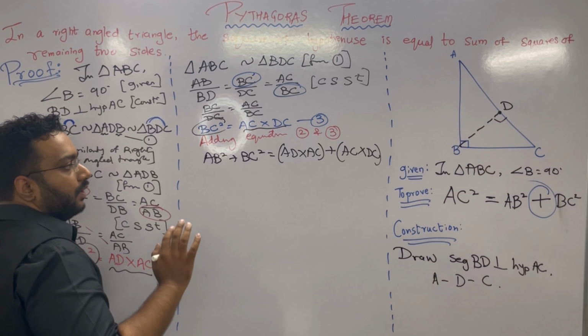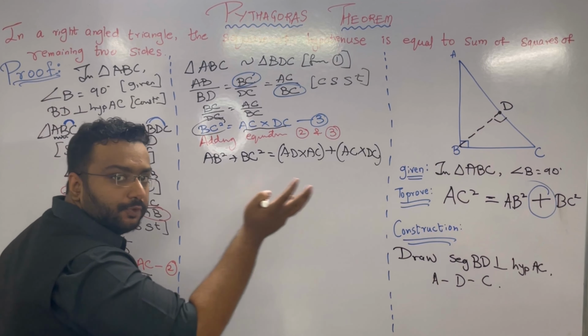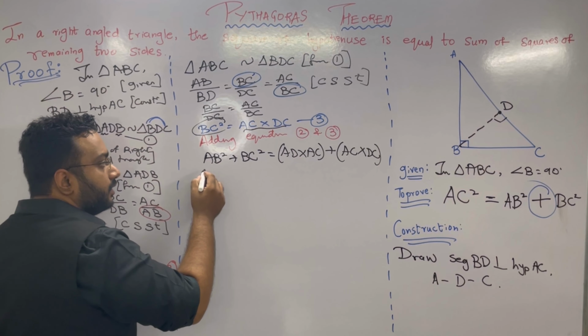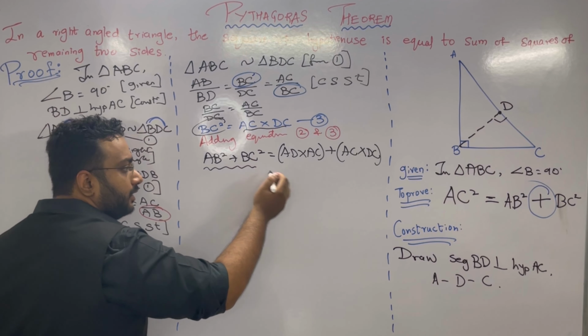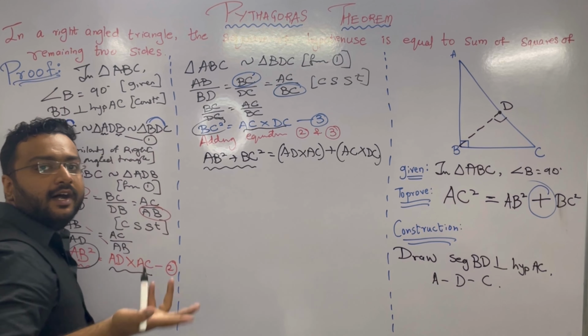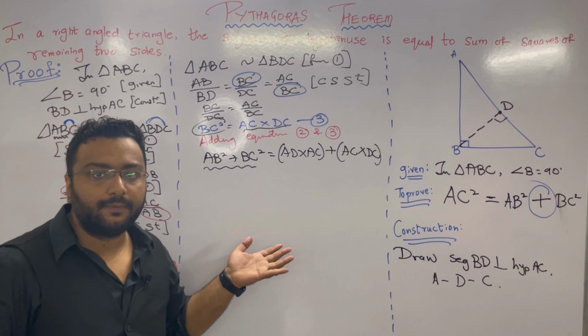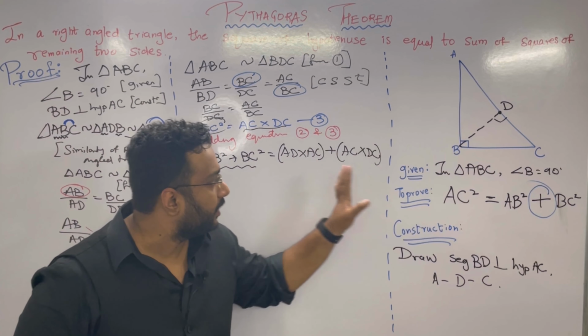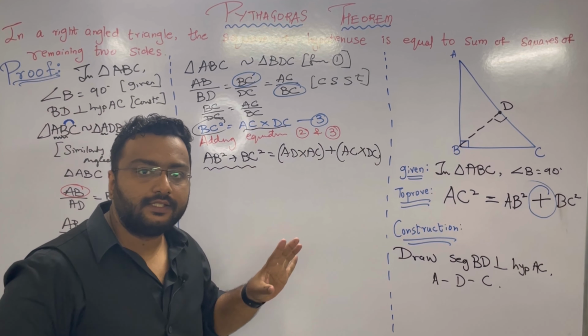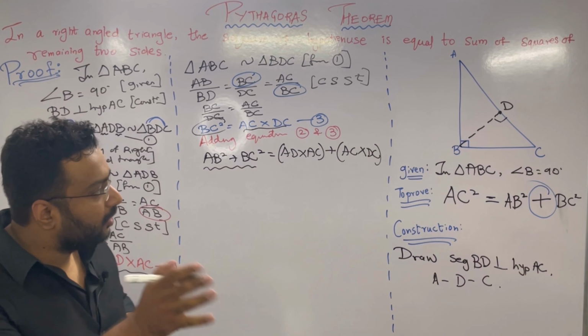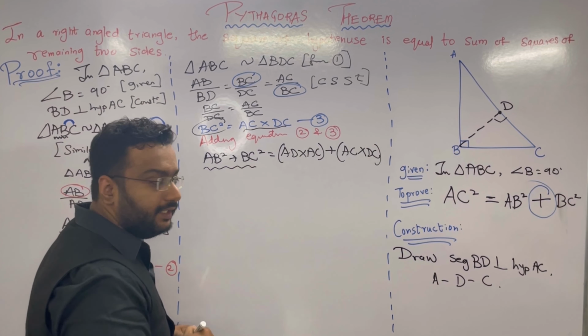Now just observe the to prove part and the step we have written just now. We need AB square plus BC square. Just check. Superb. 50% proof is done. We need AB square plus BC square. We got AB square plus BC square. अभी कुछ भी करके मुझे AC square चाहिए. अगर इसको सॉल्व करके कुछ भी करके AC square आ गया, our proof is done. अब देखो कैसे आता है. Very interesting, very interesting. Observe carefully.